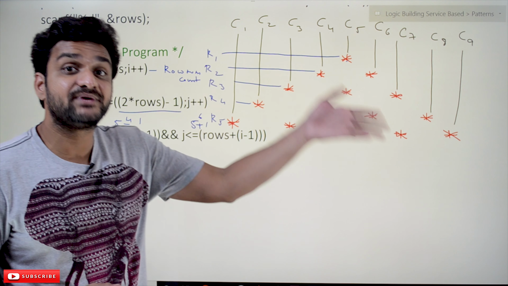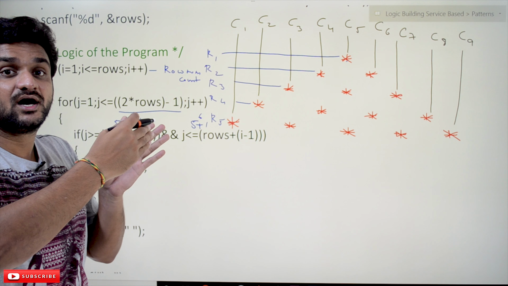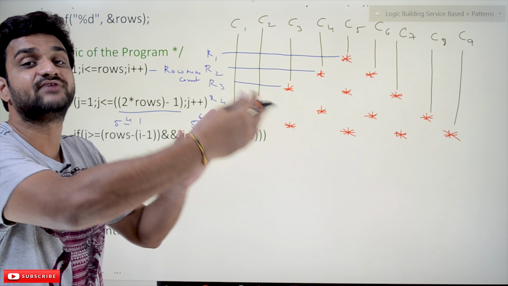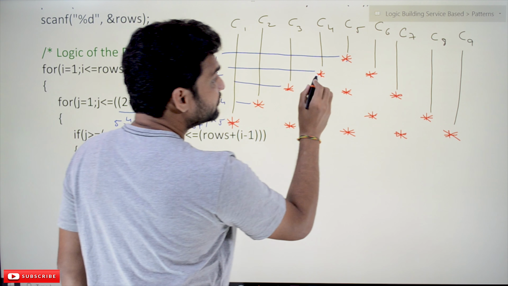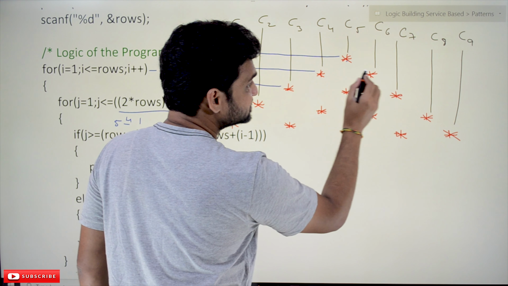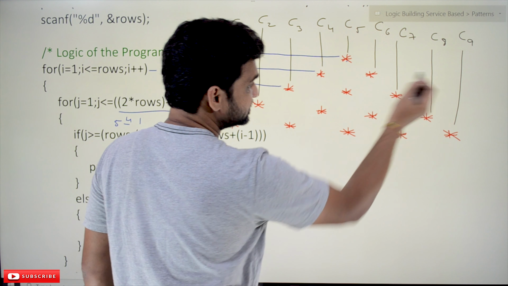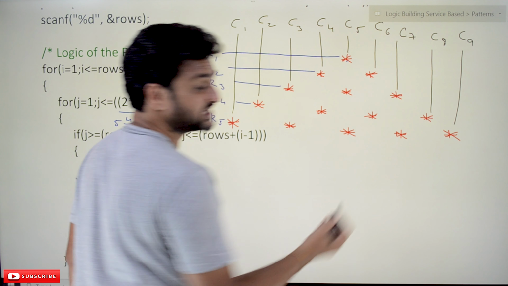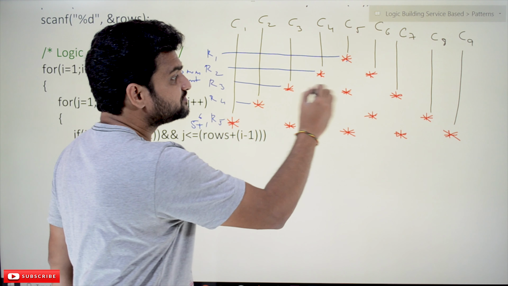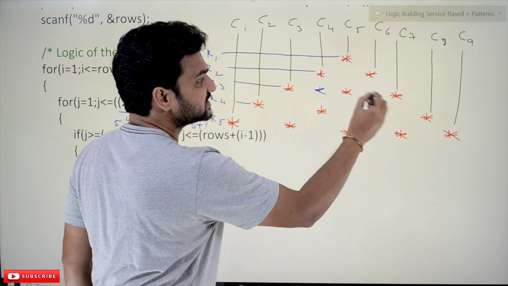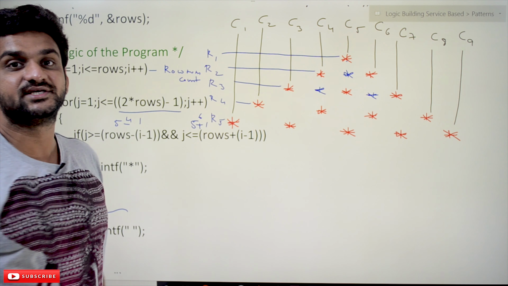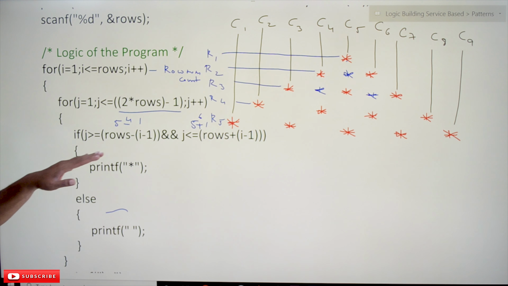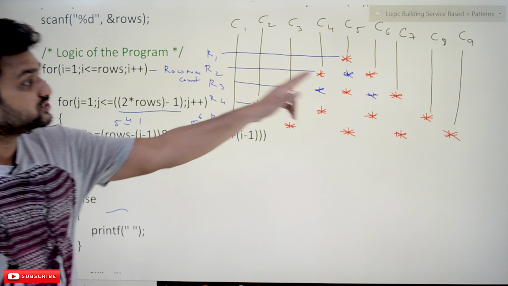This is the logic for the full pyramid, where in the particular row all the columns get filled with stars. But in our case we have to print a star, then a space, then a star, then a space, then a star. In the full pyramid we have filled all these spaces with stars, but we don't want this, so we have to leave some spaces in between. So the program for the full pyramid has to be converted into that logic.